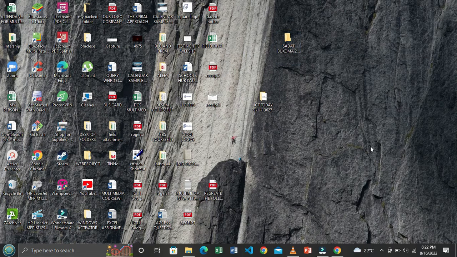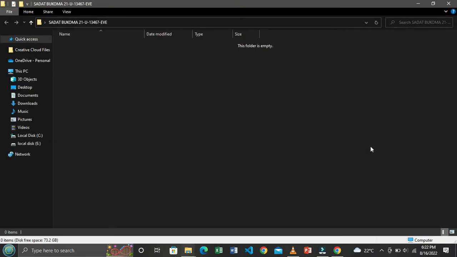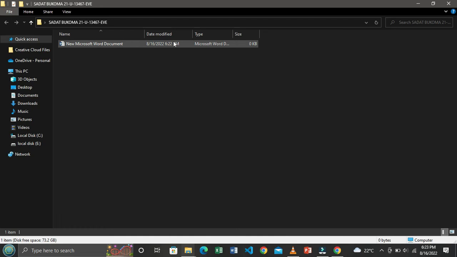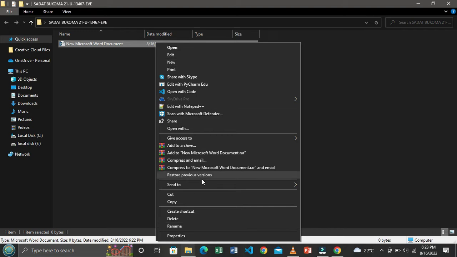Then you press enter. It will say this folder is empty, as you can see. So you right click on your screen within the folder, go to new menu, select a Microsoft Word document, as you can see here. So you'll have to rename the file that you have just created within the folder. You right click, then on your menu you will find the word rename, click on it,